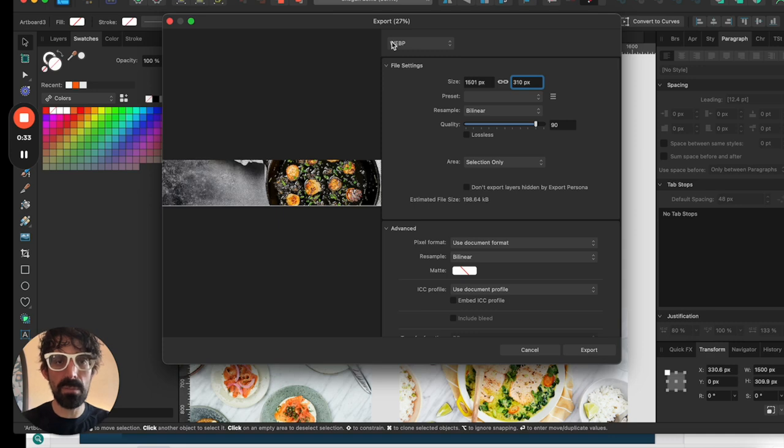WebP file. WebP is best practices with most internet applications, because it's going to compress the file to something as light as possible so that it does not slow down your web page. In this case, the size is going to be around 1500 pixels wide, 300 pixels high,